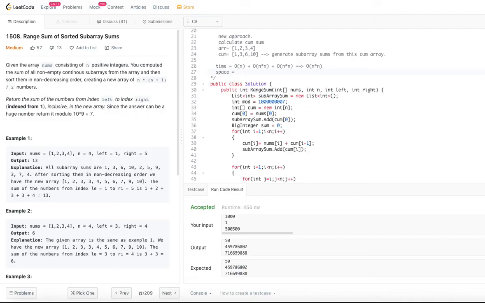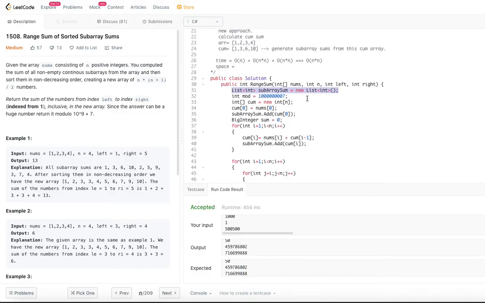Go to the space complexity. How much space are we using here? We are using space for storing all those subarray sums, and we are storing the cumulative sum, right? Cumulative sum will be straightforward, order of n, right, plus subarray sums. How many elements will be there in the subarray sums? It will be order of n into n plus 1 by 2.